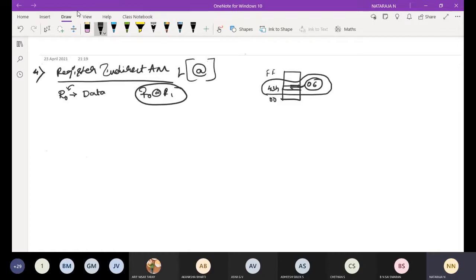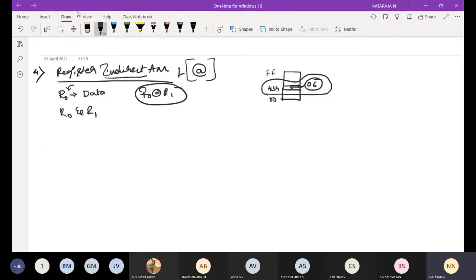Each register bank can be used as an index or pointer register. A memory pointer register, R0 or R1, holds the 8-bit address in the internal RAM memory location used to access the data. It will be used to access the data. That is the meaning of register indirect. Here we are going to use registers R0 and R1.